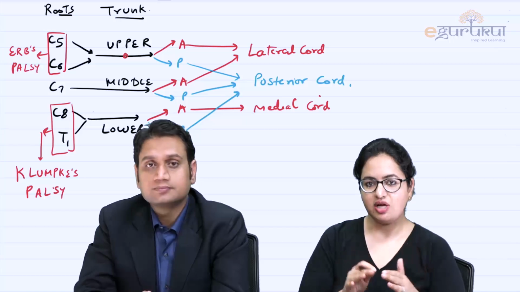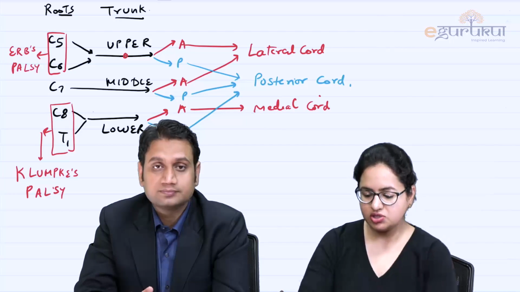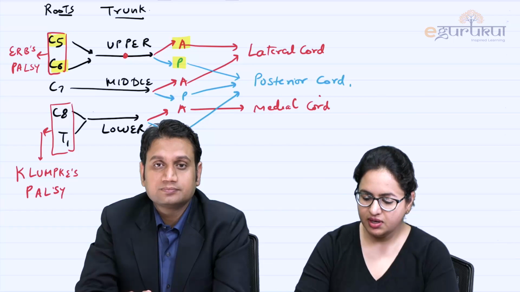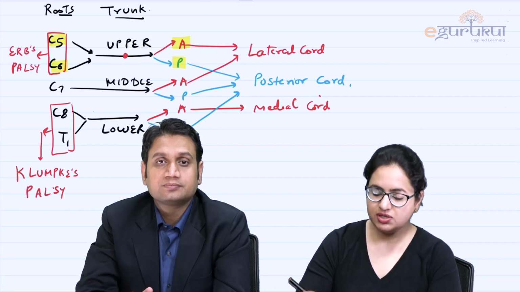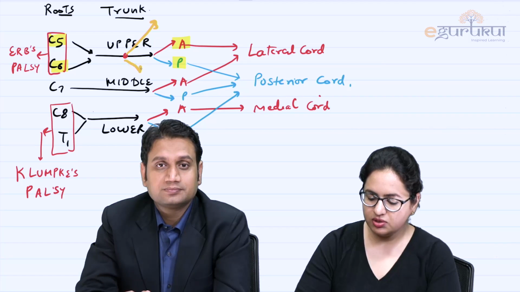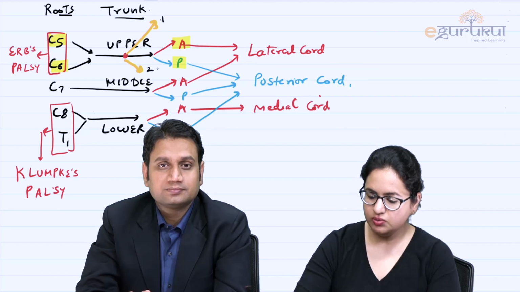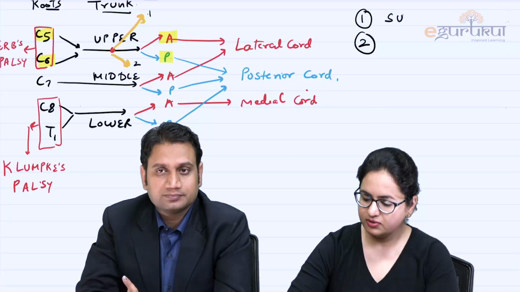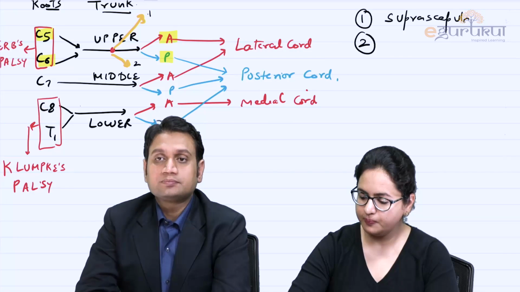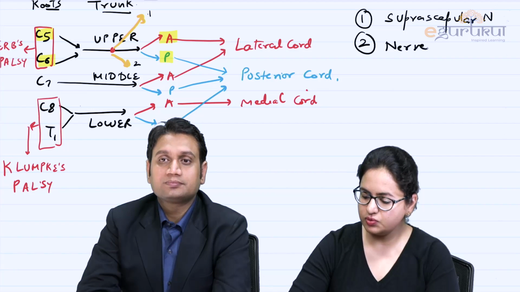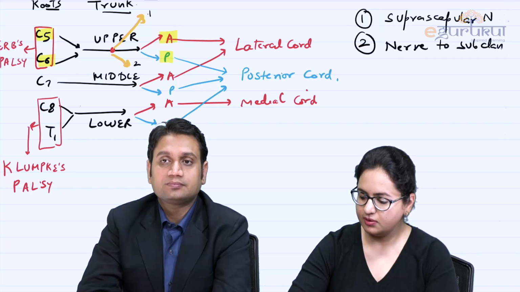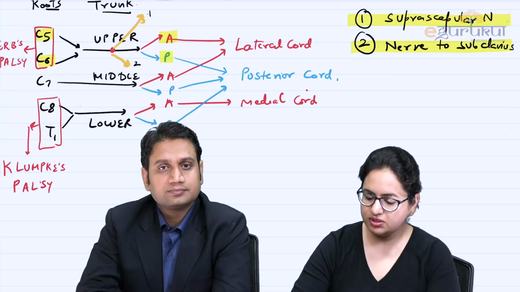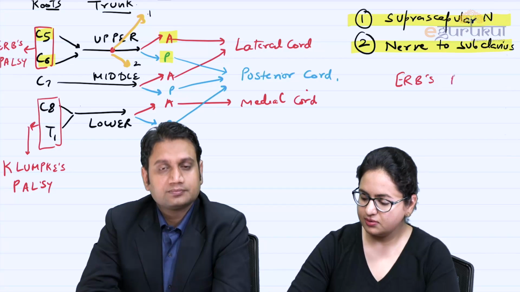And we say there are 6 nerves which are coming at this Erb's point. C5, C6, which are coming from here, finally divide into anterior and posterior divisions. Apart from this, 2 other nerves arise from here. If we label them as 1 and 2, nerve 1 is the suprascapular nerve, and the other, nerve 2, is the nerve to subclavius. So finally we can see there are 6 nerves present at this point, and we use the term Erb's point for this.